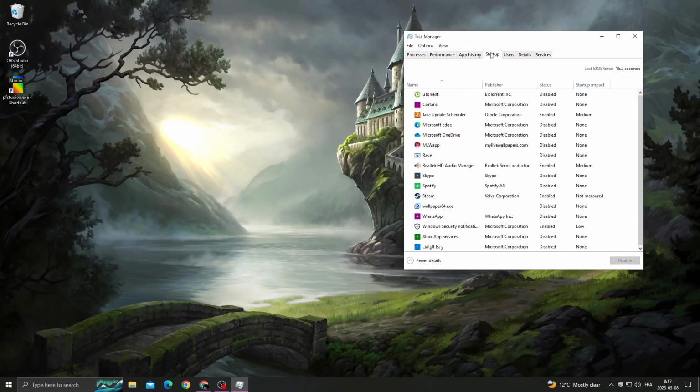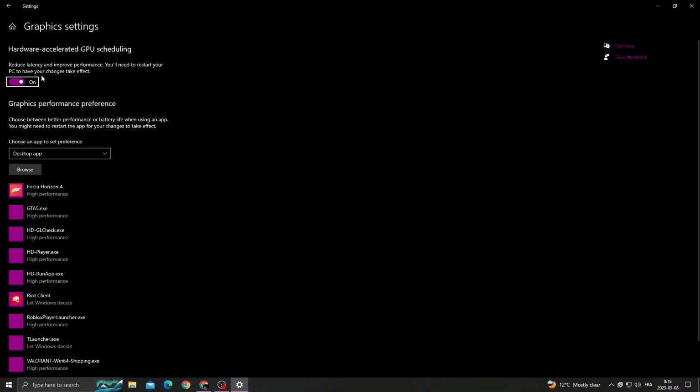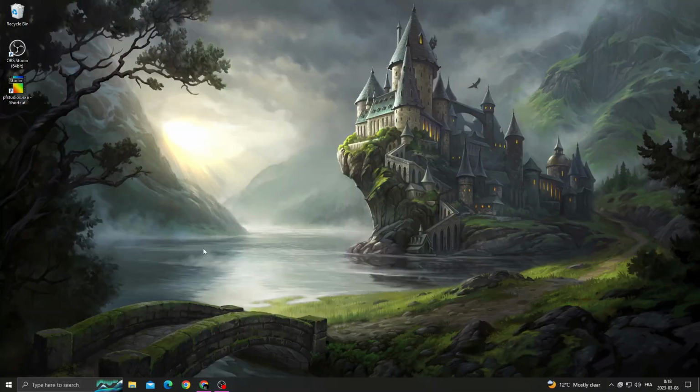Go to startup. Now just disable all the applications that you don't need, applications that you don't want to start when you start your PC, and that's right click and disable it. It's easy. And then click here and type graphics settings, enable this option, hardware accelerated, close it and then right